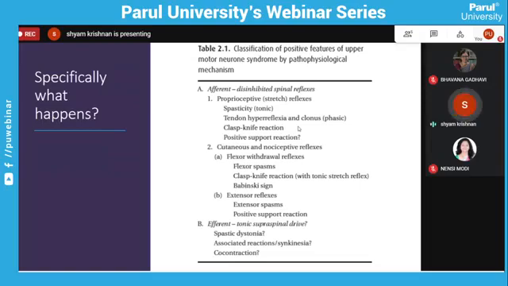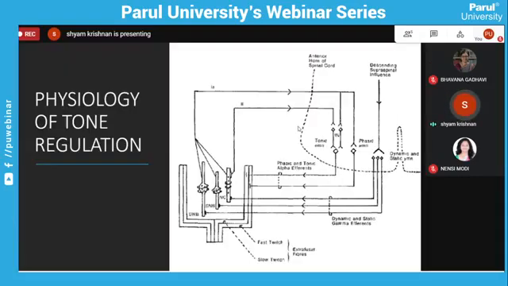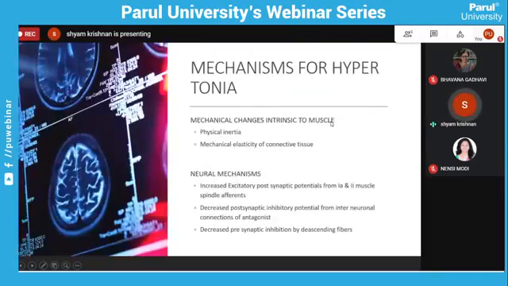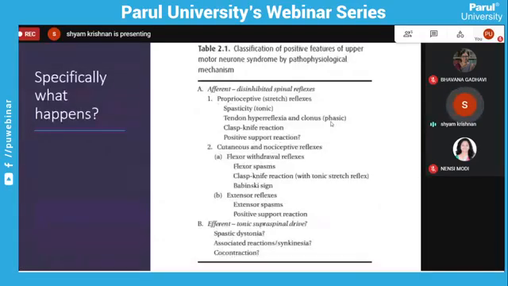Now, there can be a clasp reaction, and there may or may not be a positive supporting reaction. Cutaneous as well as nociceptive sensory input can also regulate the phasic as well as the tonic activity via the local interneuron connections, which we had seen before. So this area can be influenced even by the cutaneous input, or the visceral input. This leads to manifestations like flexion withdrawal, flexor spasm, Babinski sign and so on.